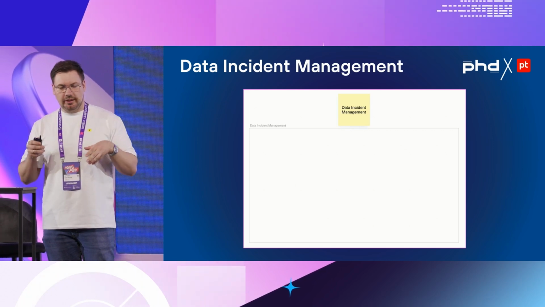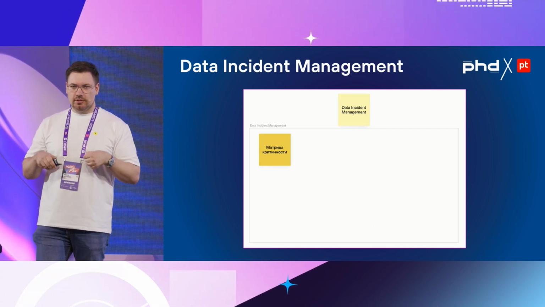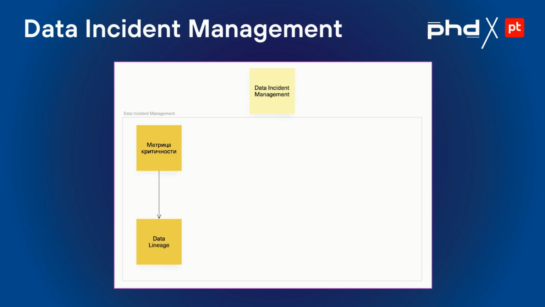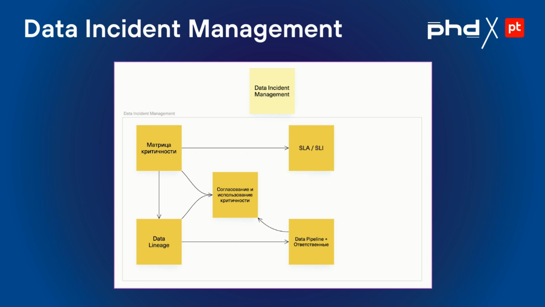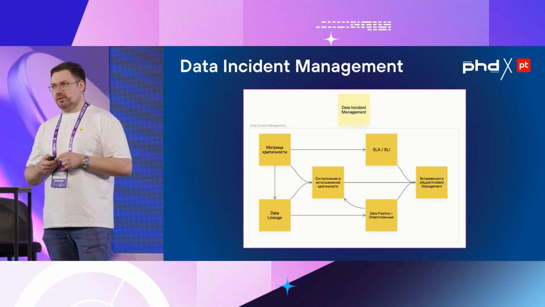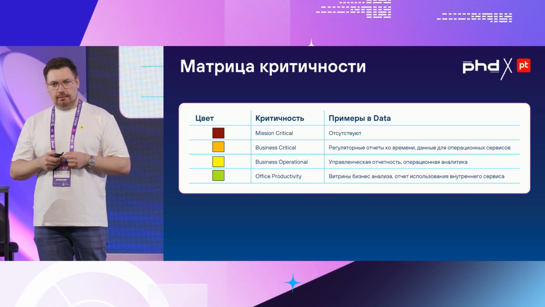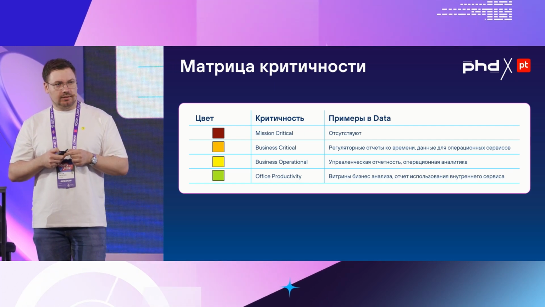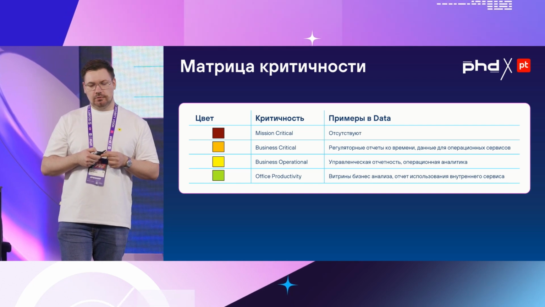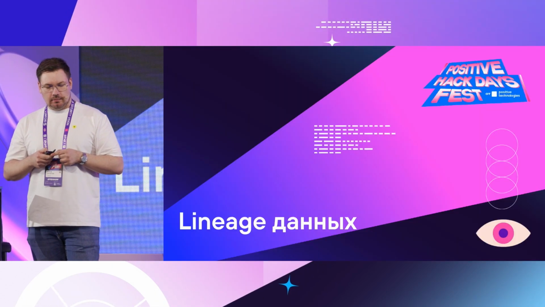To understand how it works, I will draw a mind map with the key points. First of all is the criticality metrics and the data lineage, the hierarchy of dependencies, of attributes. Then this is what the data pipeline looks like, and how these accountable people can then use that accountability and access, and we'll see the indicators of inaccessibility, and we'll see how it builds into the overall platform solutions. Here, let me remind you that we lack processes with maximum criticality, but business critical and below